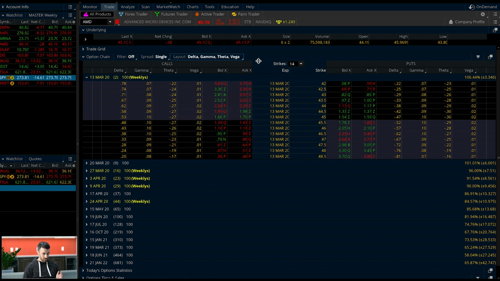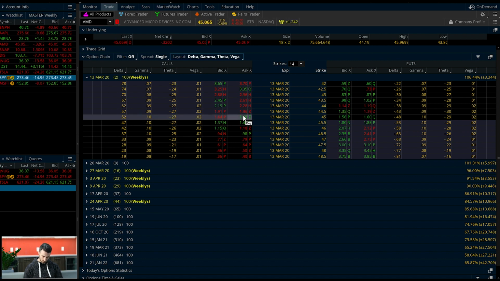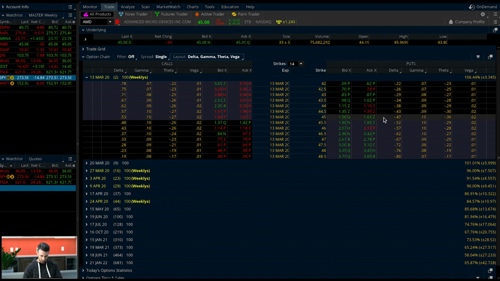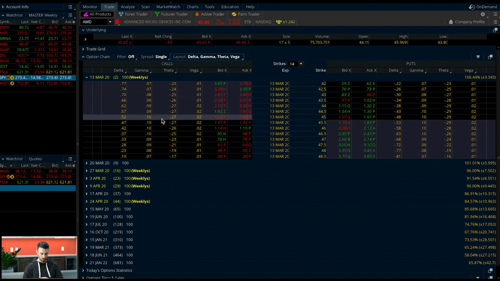So delta, gamma, theta, vega, these are the Greeks, and we just have these columns, and each line is a different options contract. I'm sure for those of you who know, this is the strike price right here. So for the $45 calls, we have a theta value of negative 0.27. For Vega, we have 0.02, and then we have the bid ask right here. All right, and then same thing for the put side. We have $45 put. We have a delta value of negative 0.47, a gamma value of 0.1, theta and Vega corresponding, right? And so we work left to right in the same order that we do on the call side